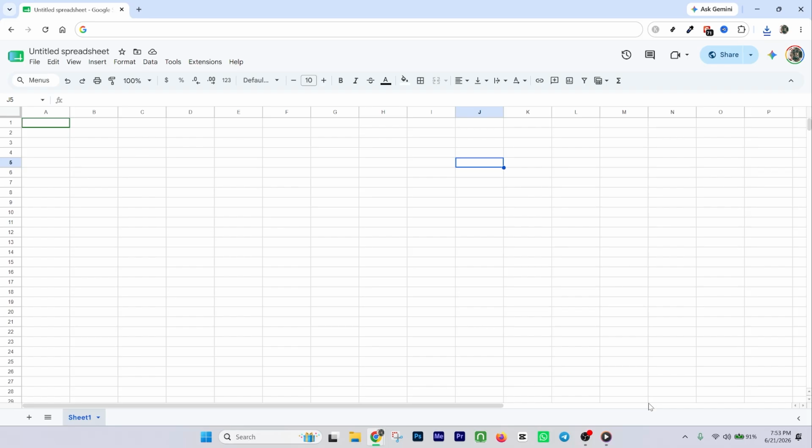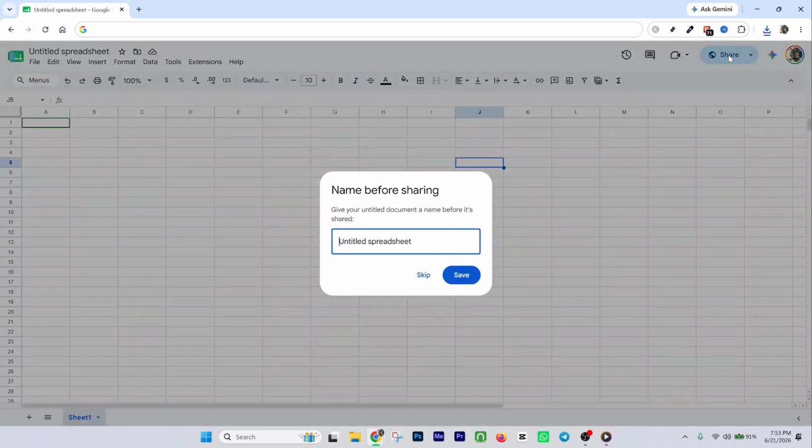I'll walk you through exactly how to change the sharing settings so your file can be opened by anyone with the link. Start by opening the Google Sheet that you want to share. Make sure you're in the correct file before changing any access settings, especially if you work with multiple spreadsheets. Once the sheet is open, look to the top right corner of the screen and click the Share button. This will open the sharing window, where you can manage who has access to the file and what they're allowed